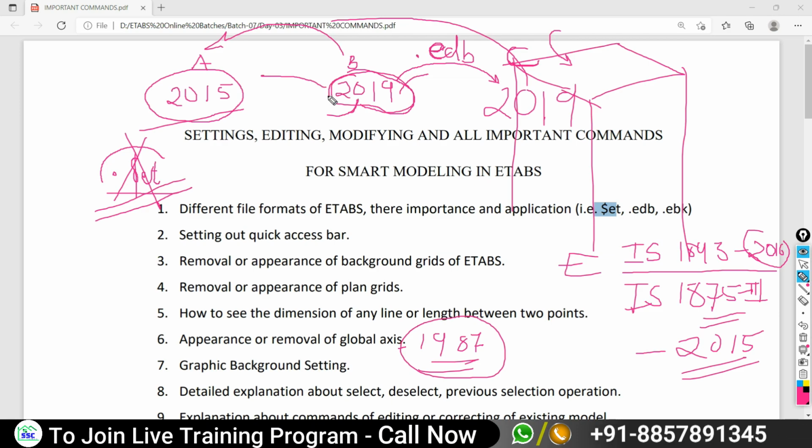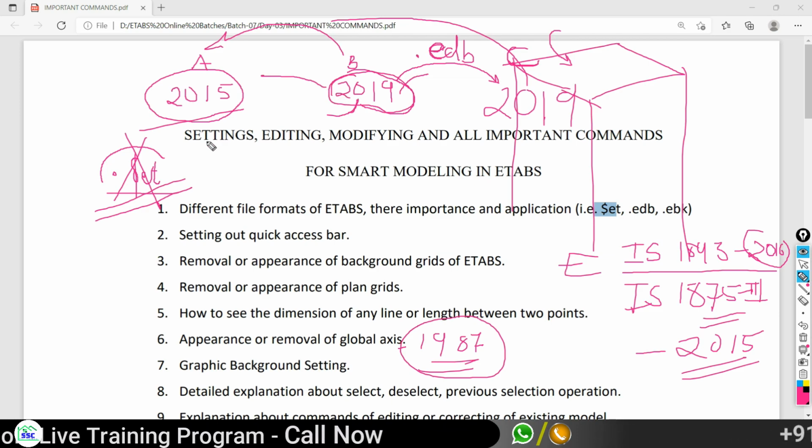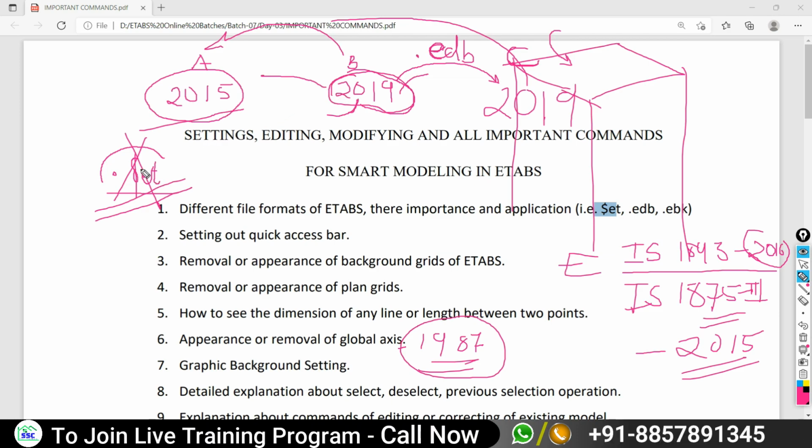But if the version is going to be changed, you need to change it to the $80 file, and the receiver has to import this $80 file. He can't directly open the file. What he has to do is import the $80 file. Is that all okay? Yes, sir.